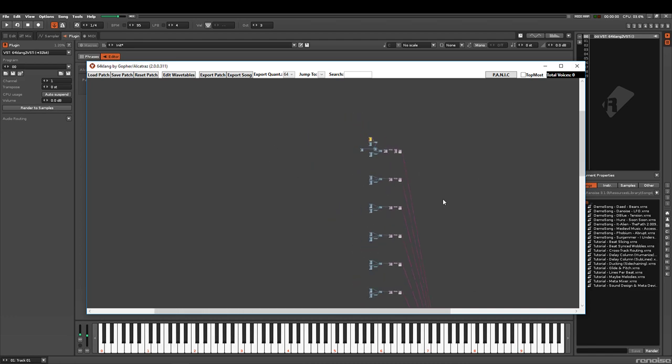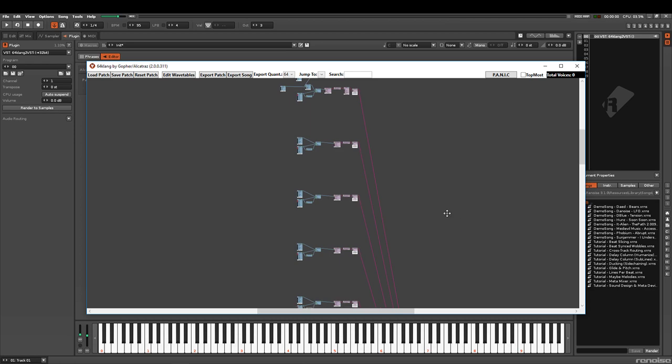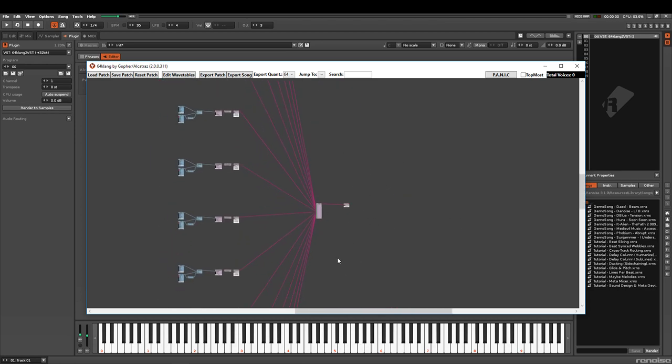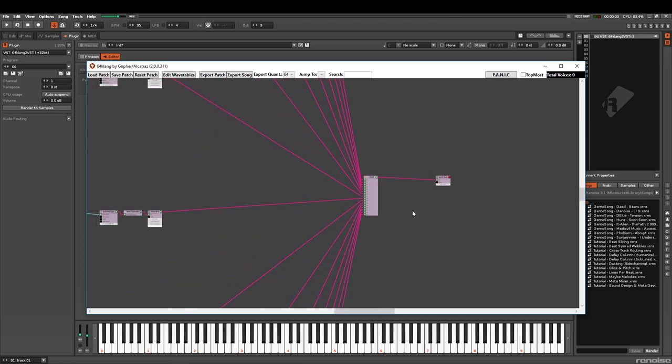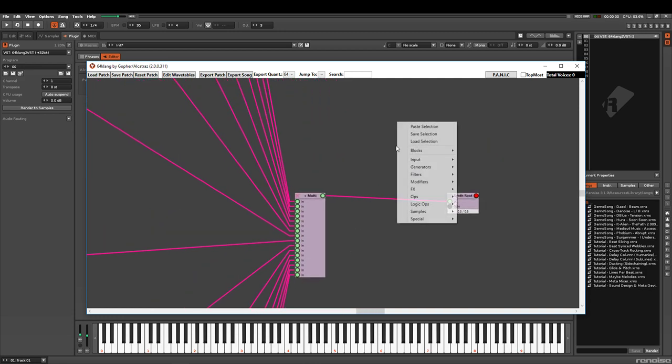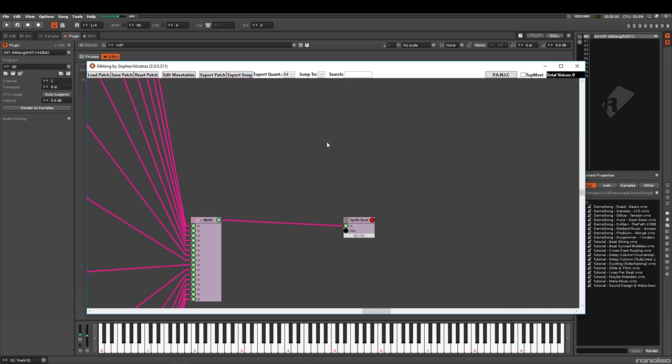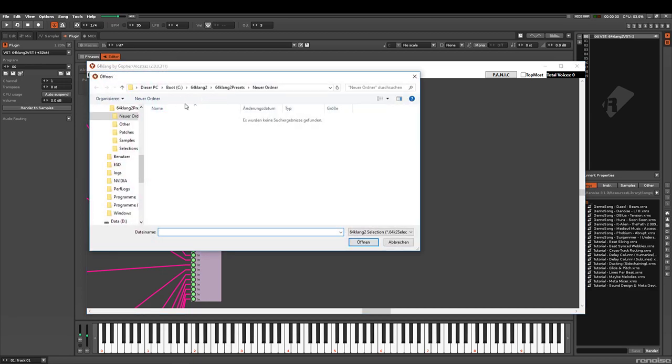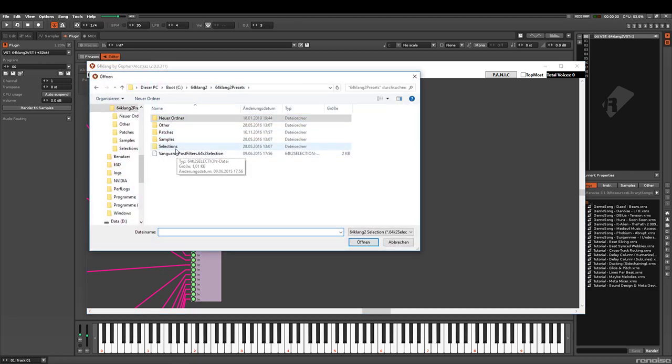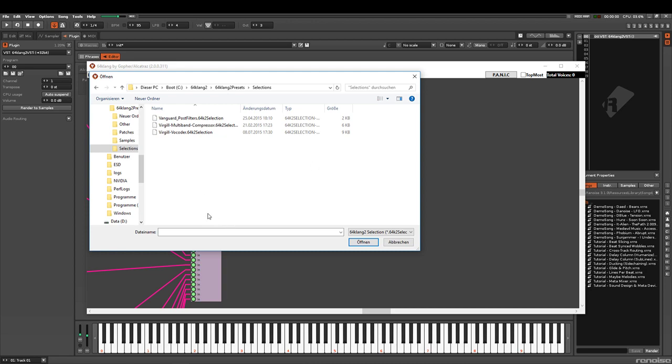You have to build everything by yourself, but it comes with some pre-made effects. I say you can build some blocks and save it as a selection, and you can load a selection,